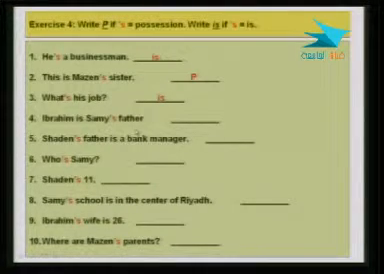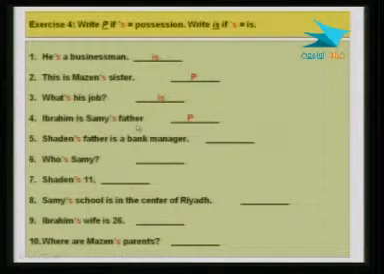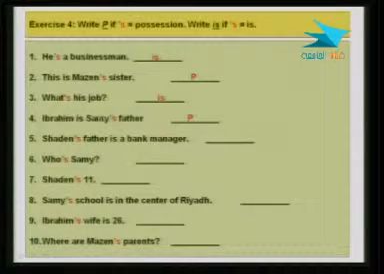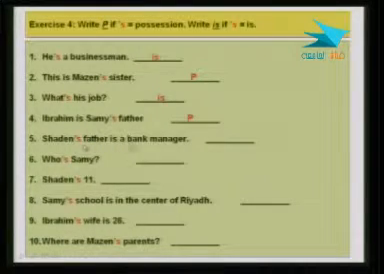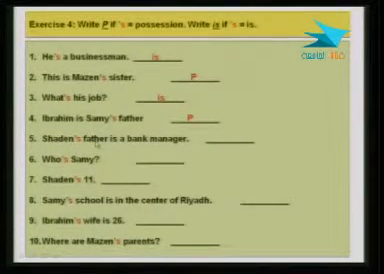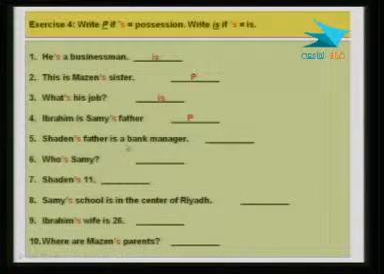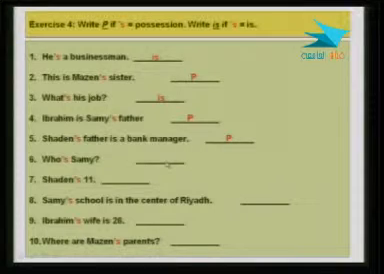Ibrahim is Sammy's father. That's P. And Shadin's father is a bank manager. إذن هنا أيضا P. إذن معناها it's a possessive. Who's